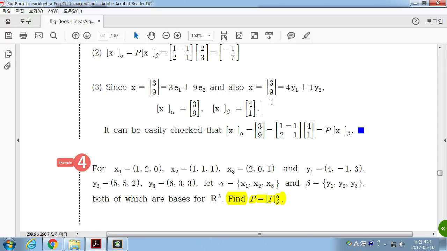Okay. So what you did here is what? So you have it easily, and you already have a matrix P. Then how you could find this? How you could find it? You could find this 4 and 1 by just multiplying this matrix and the inverse of this matrix.